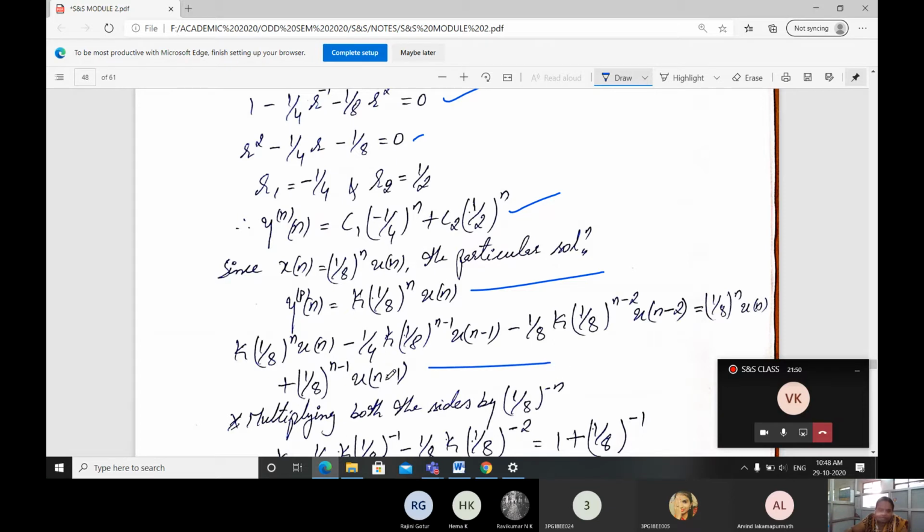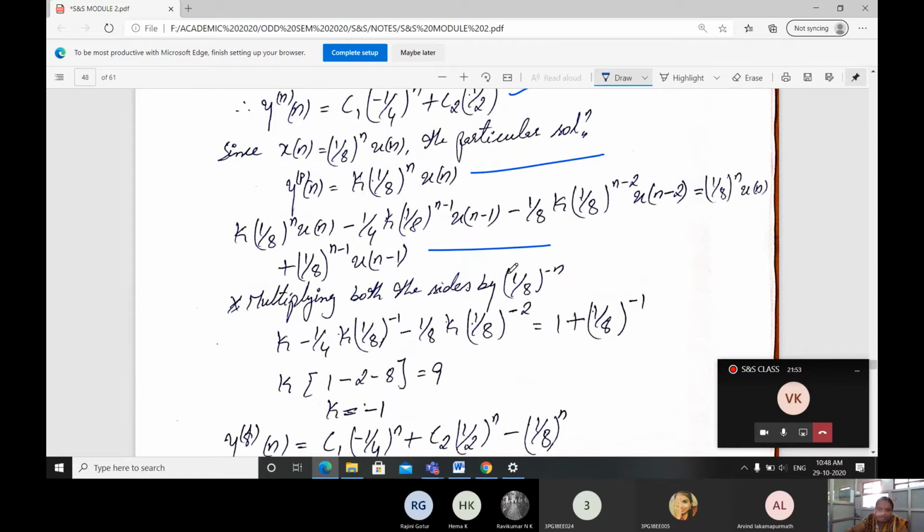You will be getting this. Then multiplying both sides by 1/8 power minus n, I will be getting k minus 1/4 k (1/8)^(-1) minus 1/8 k (1/8)^(-2) equals 1 plus (1/8)^(-1). Then solve for this. You will be getting k(1 minus 2 minus 8) is equal to 9. Therefore, k value you will be getting as minus